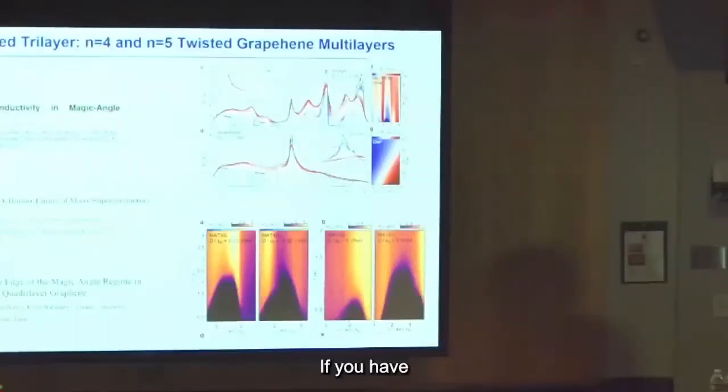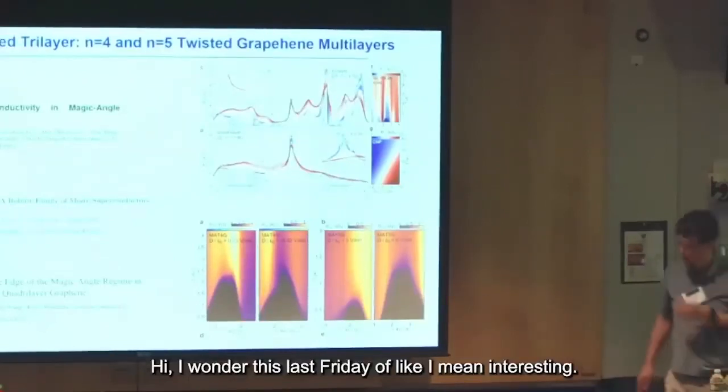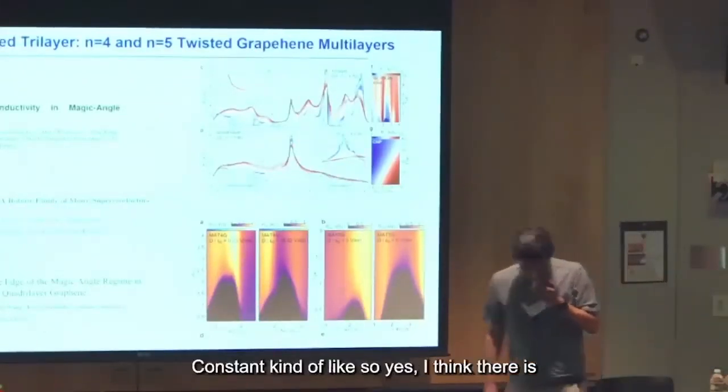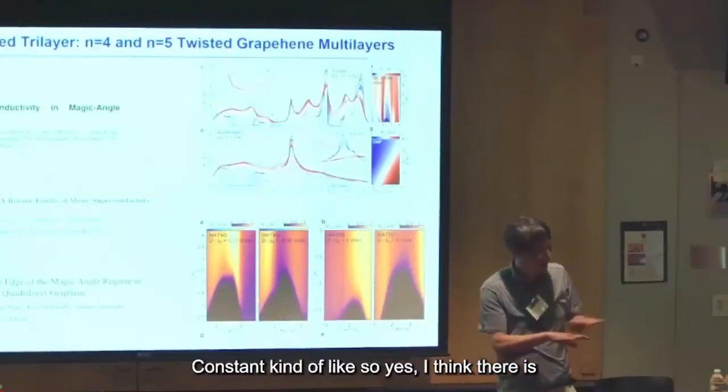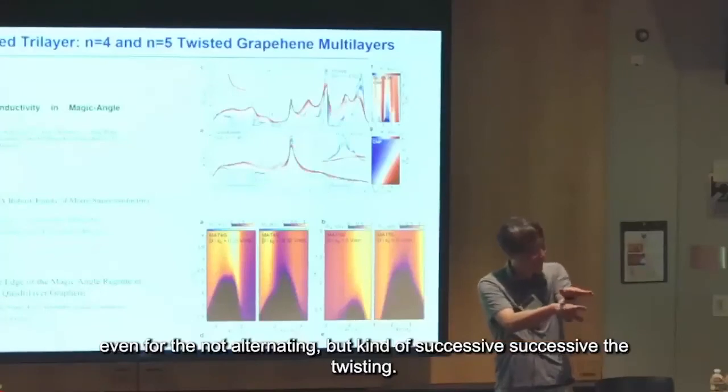Hi, Ernest Hall. I wonder, there's a lot of study of alternating multilayers. Is there anything interesting happening with the successive twisting, with a constant angle kind of going one way? I think so, yes. There are theoretical studies and also experimental studies even for the non-alternating, successive